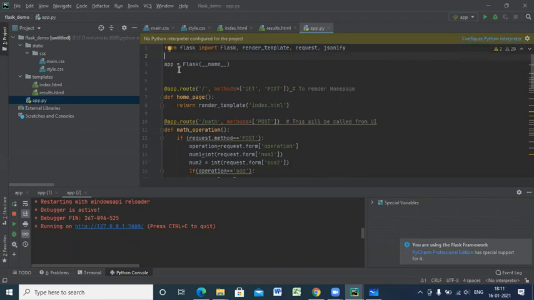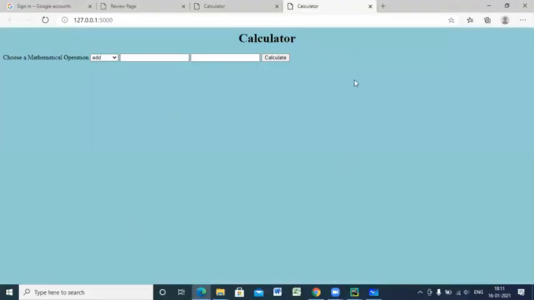So I ran this application. Once I ran it, it shows something like this: http://127.0.0.1:5000. It is running on localhost. The localhost address is 127.0.0.1, and it's opening port 5000. A Flask application will always open on port 5000. I'll just click on this. Automatically, you'll get the UI. This is the UI we have generated.